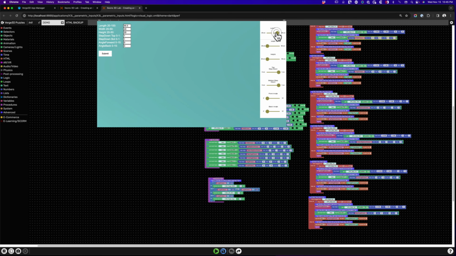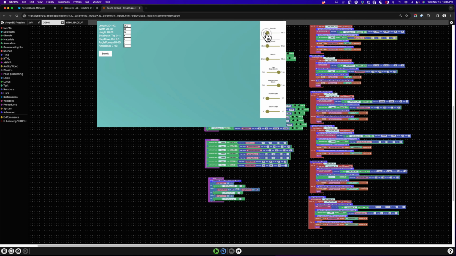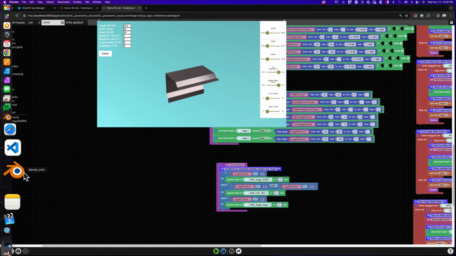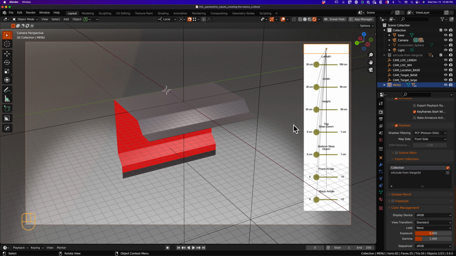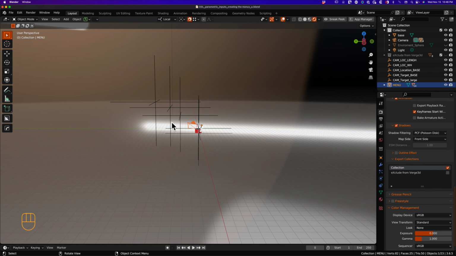Okay, so there's a problem with one of the locations. We're going to have to figure that out, but the idea of it's working. So let's go figure out where these are in Blender. I have camera target large, camera location with height, that seems to be way off, and camera target base seems to be on. So let's go take a look at what these are. So I'm going to go to a different view, and I believe